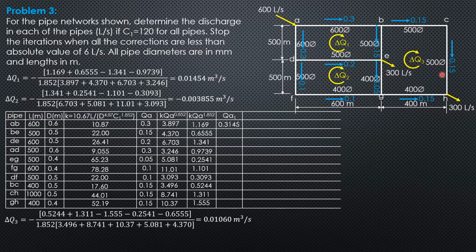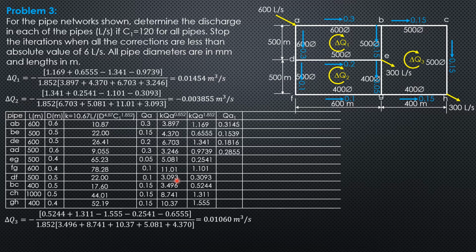Then we also have delta Q3. It involves our BC, CH, GH, EG, and BE. There are 5 pipes. So delta Q3 is negative of quantity BC 0.5244, CH plus 1.311, minus GH, minus 1.555, then minus EG 0.2541, minus BE, minus 0.6555, divided by 1.852 times quantity